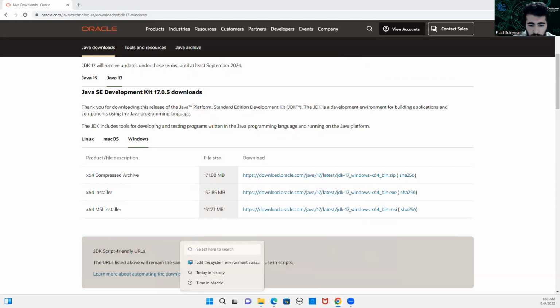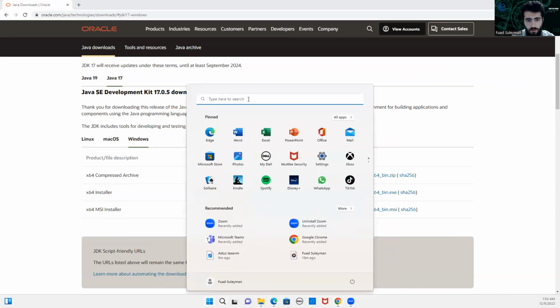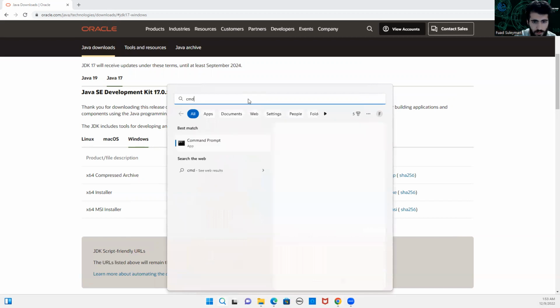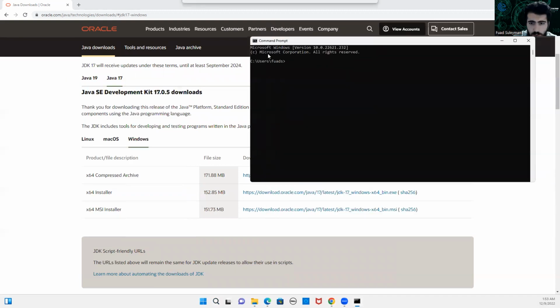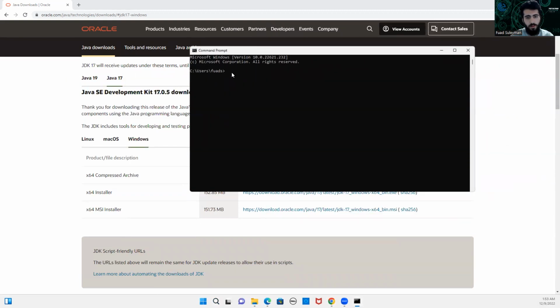To make sure Java is downloaded and installed to your machine, you will just go here and look for cmd. This is command prompt, and just open it. This black window will come to your screen, and then you will just need to write this command, java space --version. You can check it before you install it. It will give you an error, but after you install it, it will give you